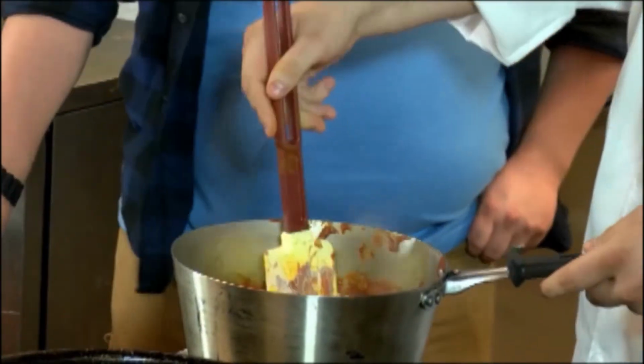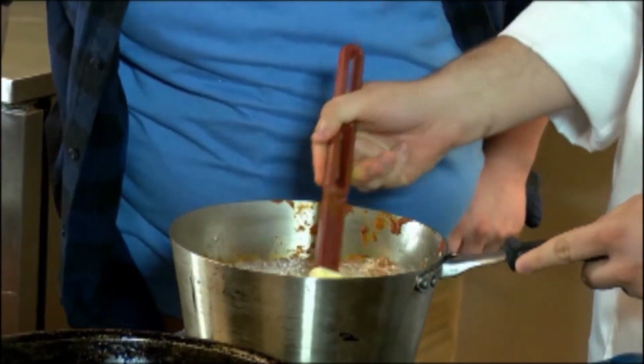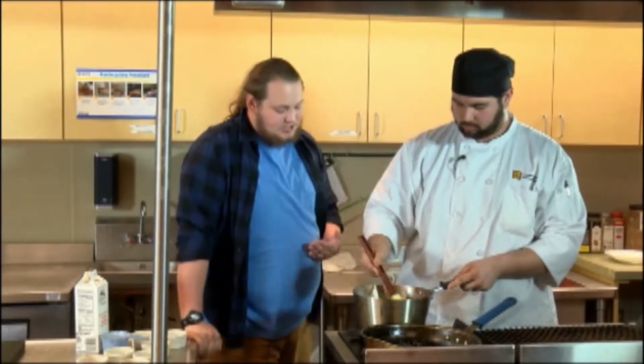It'll make your sauce too thin. Ooh, that looks, it's already looking good. I can't wait for that. You mix it around, it's going to get that nice bright orange coloration. So while you turn that around,